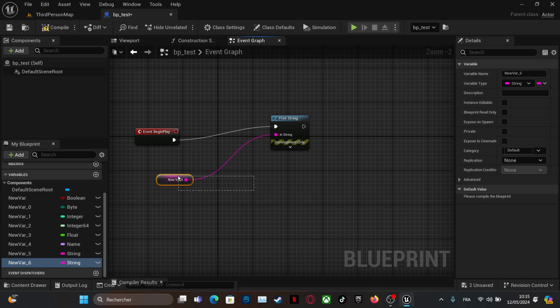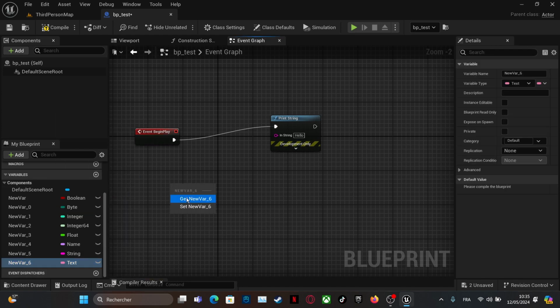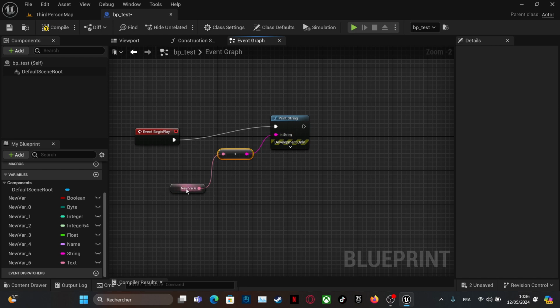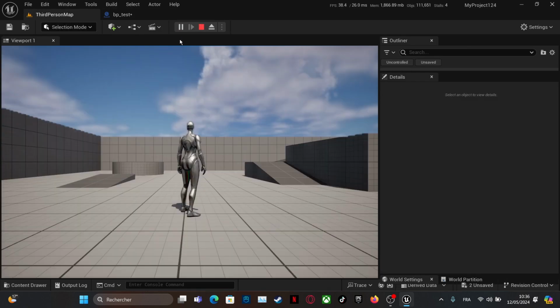Another type of variable you're going to use is text. What I'm going to say about text is that it's a really good variable. We use it for words or phrases that are going to be shown to the player. I will give you an example. Let's give it a default value: Hello. Okay, it looks the same as string, and yes, it is the same.